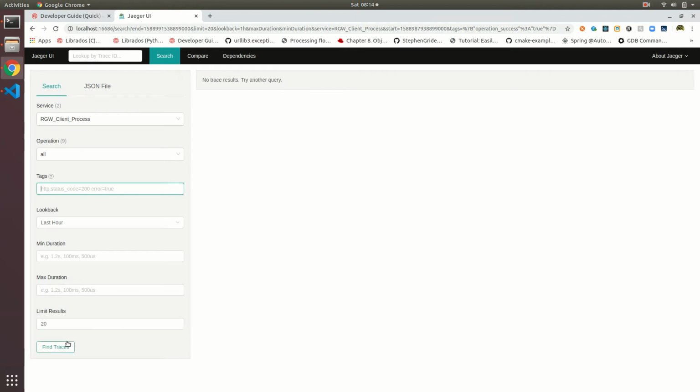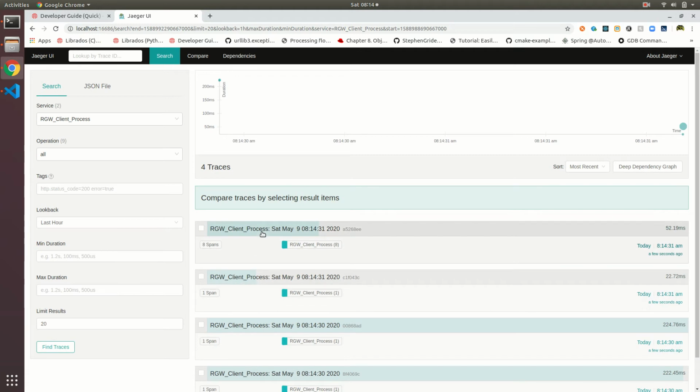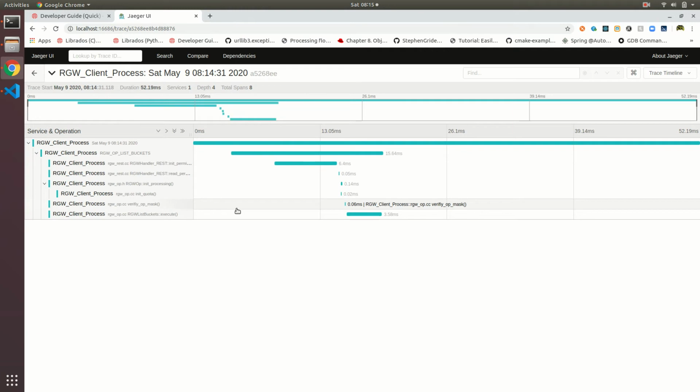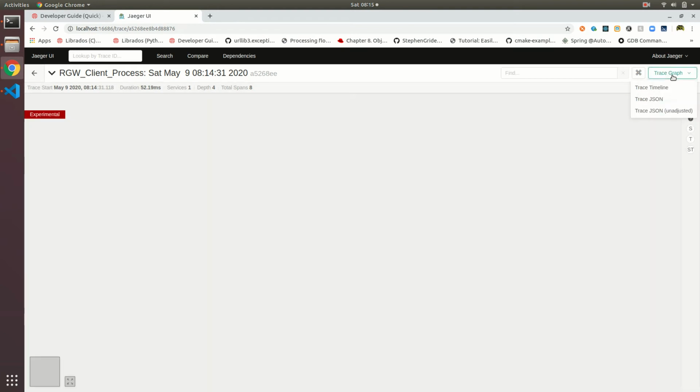I will see its spans, and for a single request, it is fetching me 4 spans. Out of these 4 spans, only this span, which shows 8 spans, has been responsible for executing the request of getting the list of buckets.